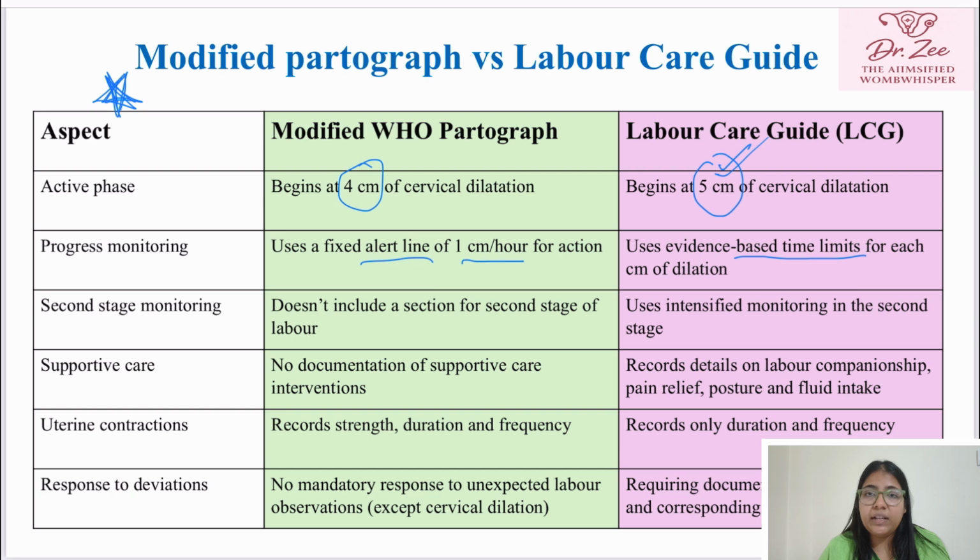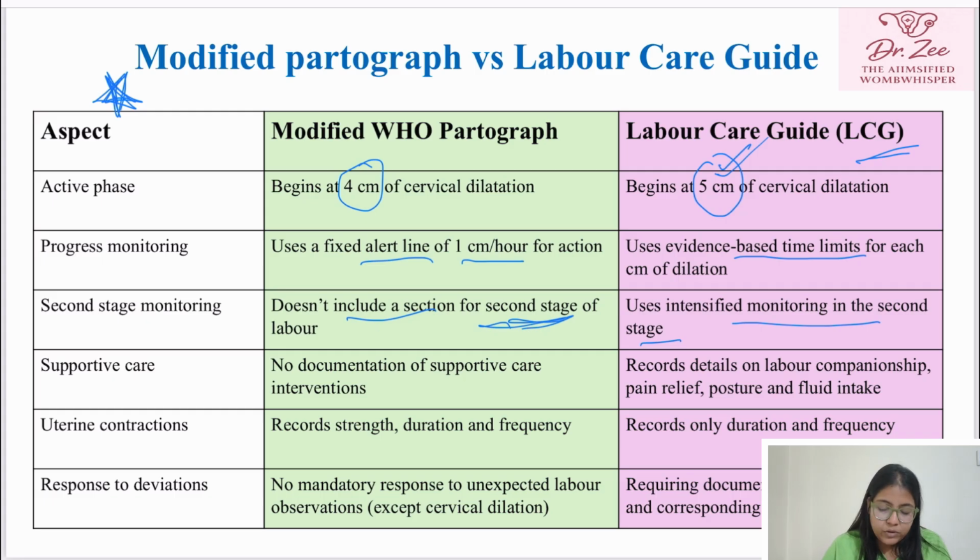For each centimeter of dilatation after 5 cm in the LCG, some evidence-based time limits have been given. So it's not like the modified WHO partograph where there has been a fixed rate of dilatation for each centimeter of progression. In the partograph, there is no section for second stage monitoring, but it is there in